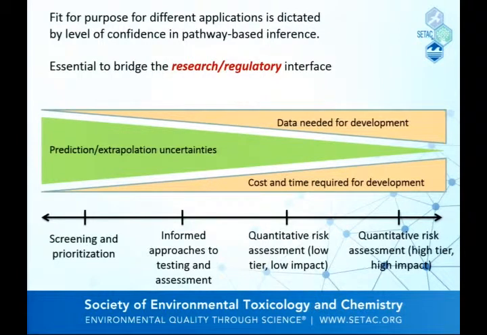As we talked about earlier, to reduce that uncertainty in a predicted outcome that's based on AOP, maybe derived from in vitro data or whatever, you're going to need lots of data. That's going to cost time, effort, and so on, to develop something that gives you this high level of certainty. And so understanding where you're at along that spectrum informs what kinds of applications that AOP might be suitable for.